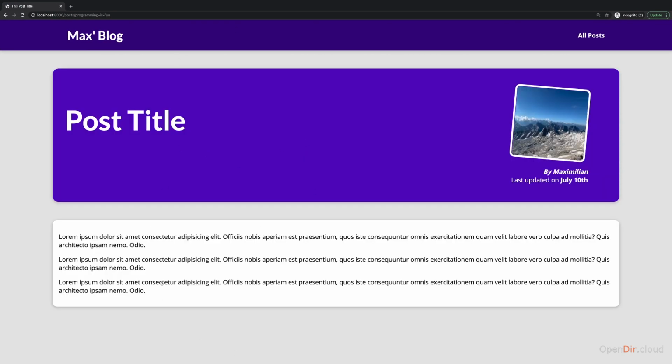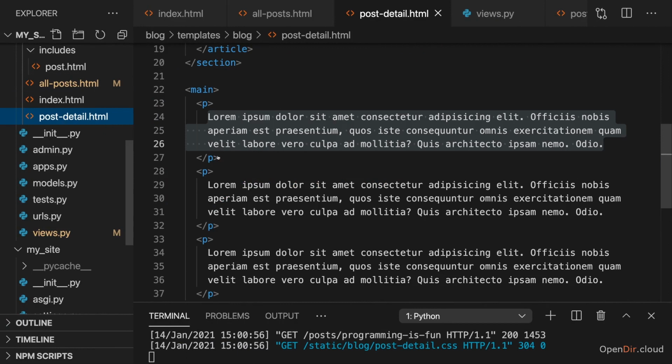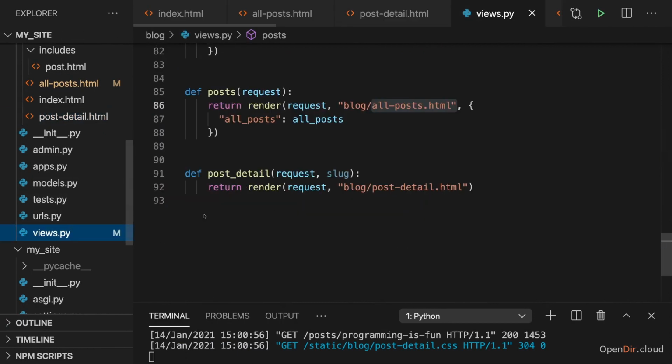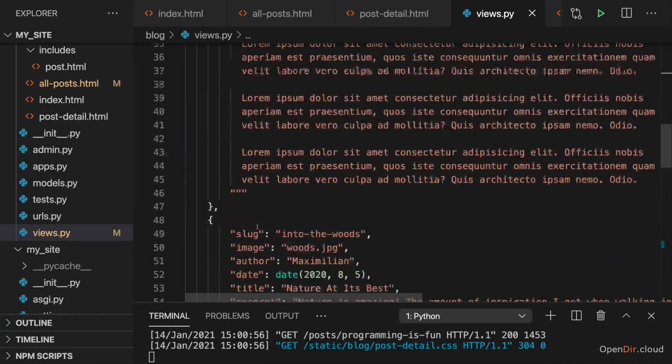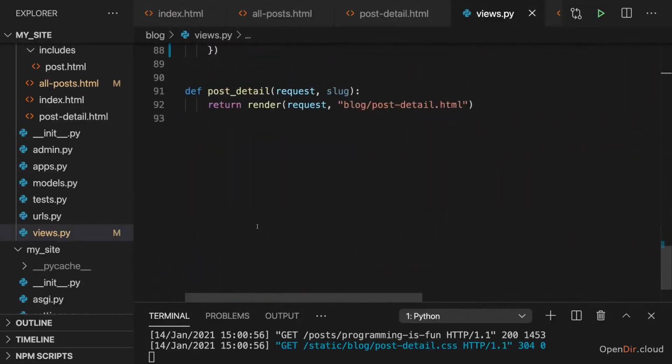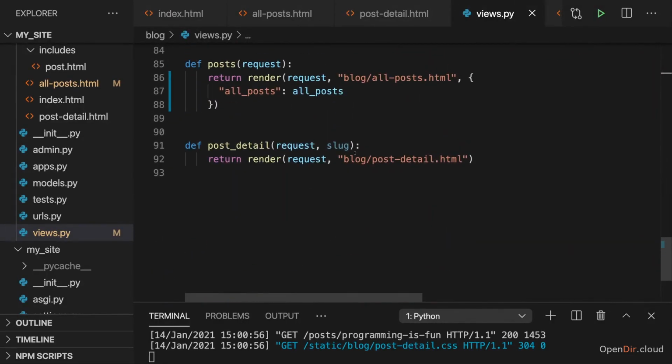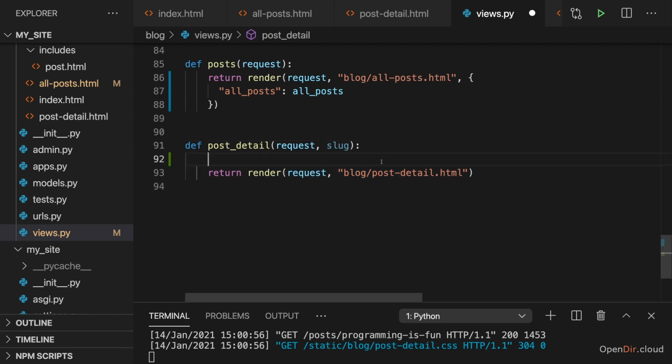Let's now work on that single post view here on that post detail page. And therefore, here we want to make sure that we use the slug we're getting to find the appropriate post in our all posts list, and then pass that single post instead of the entire list to this render function. Now, how can we search for a specific post? Well, there will be different approaches, different ways of writing this, but I think the best way to do it,